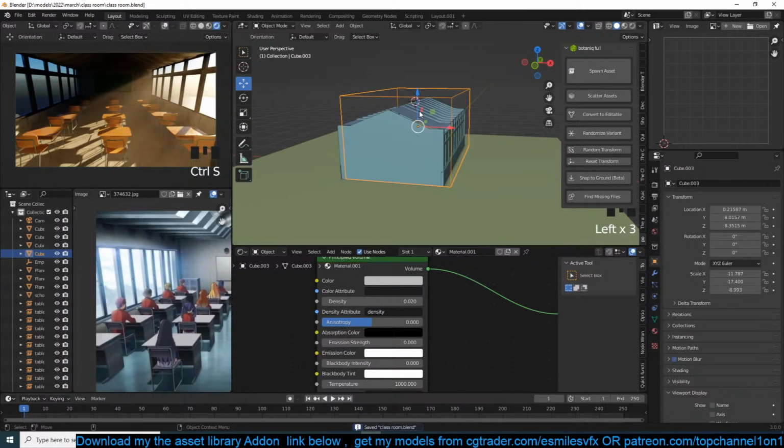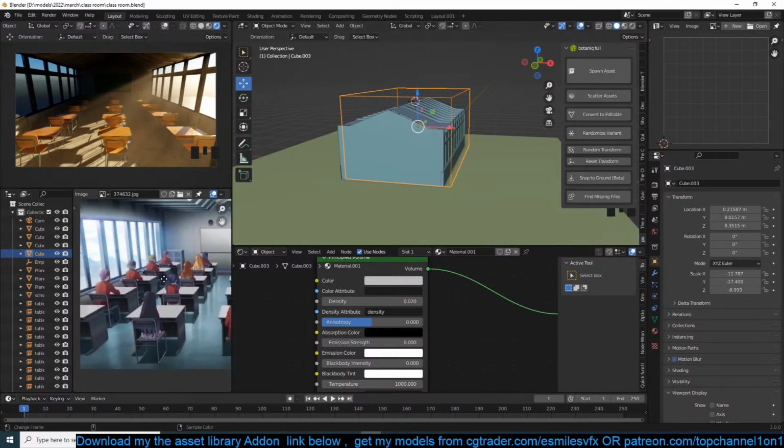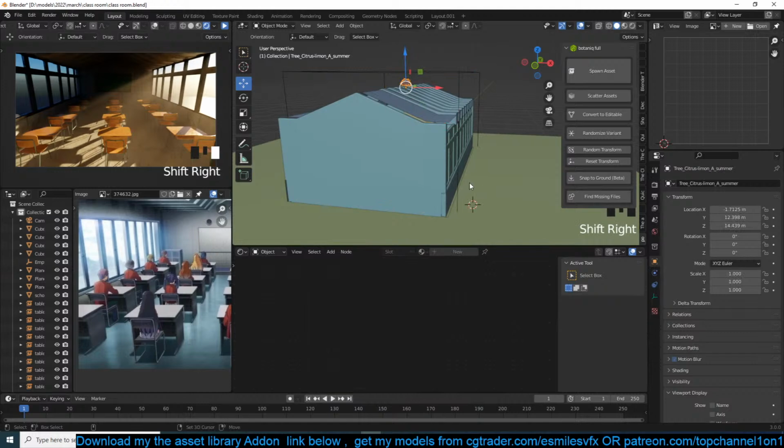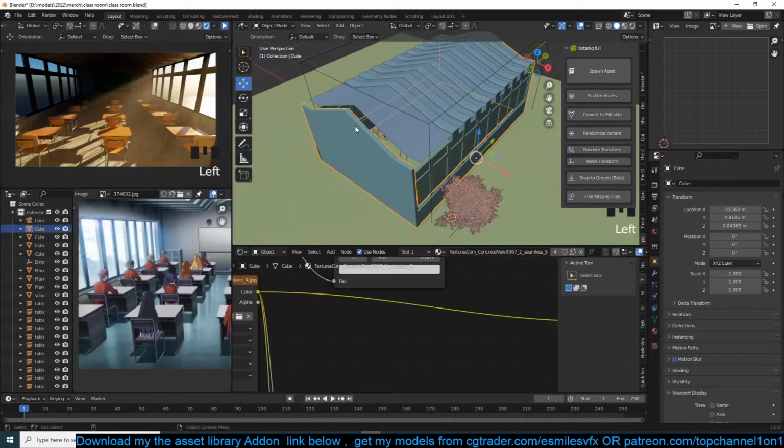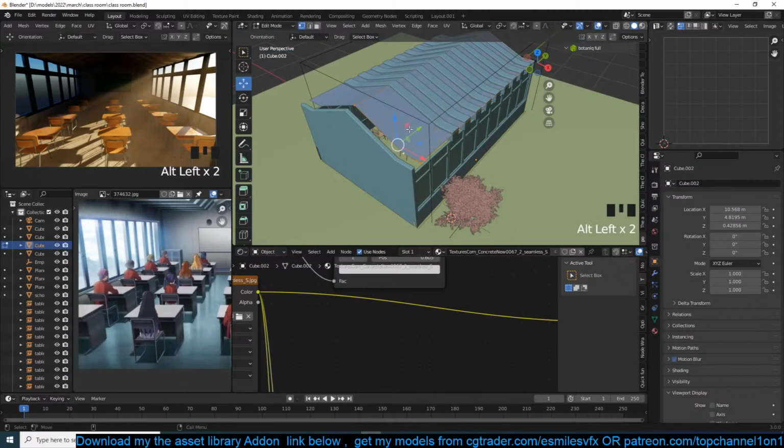If we look carefully in the reference, there's an icy type of ground and volumetric too. Yeah, the ground is very reflective. I think that's what you mean in the anime version. So let me do that too. Make it